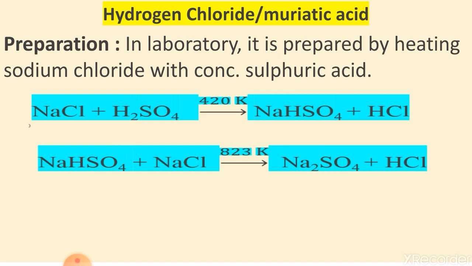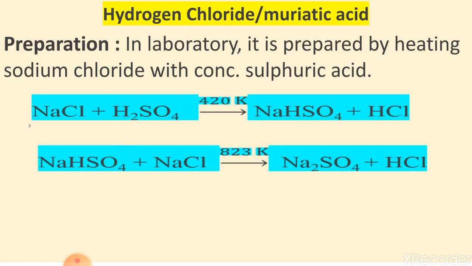Now students, let us focus on the preparation. In the lab, it is prepared by heating sodium chloride with concentrated H2SO4, as follows. Before discussing the reaction, I want to tell you some history about the formation of HCl by this method. At one time HCl was made exclusively by the salt cake method. Concentrated H2SO4 was added to rock salt, that is NaCl. The reaction was endothermic and was performed in two stages at different temperatures, which are given here.